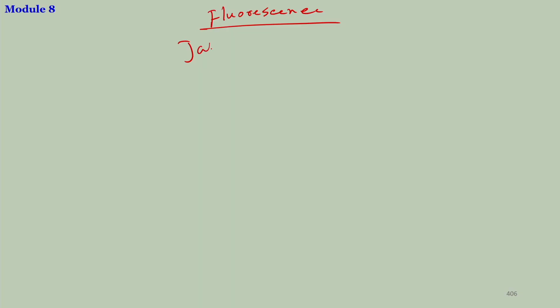And so, the basic idea of fluorescence can be explained by this Jablonski diagram. I know that most of you already know what a Jablonski diagram is, but still I will just give a brief intro. Fluorescence spectroscopy basically means it is an emission spectroscopy. It is an emission spectrum. UV we have seen is an absorption spectrum. Fluorescence is the opposite, an emission spectrum, which means if you have a sample